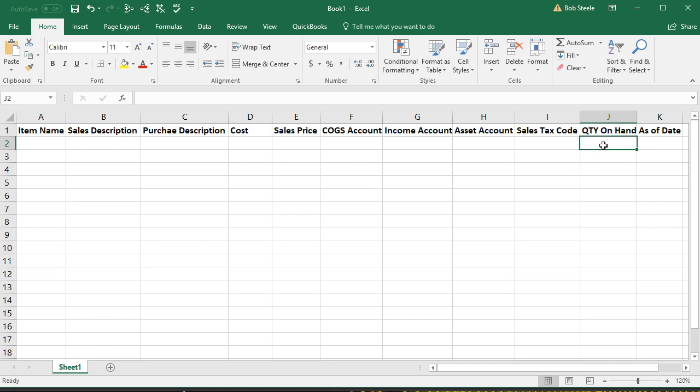And then the quantity on hand, how much we currently have. We're going to say that we do have some at this point, although we have not uploaded it into the QuickBooks system. And then the as-of date. Remember, we're making this problem as of starting January 1st, 2021. So what we're going to do is enter this information as of the day before that,